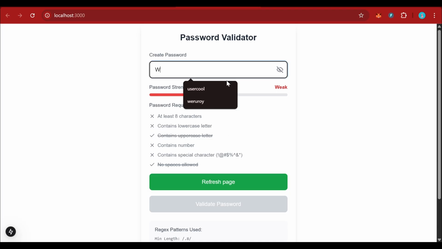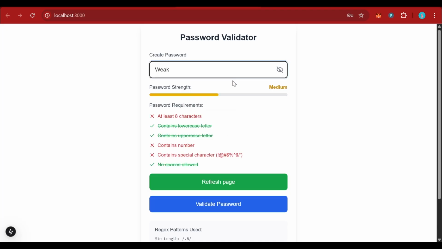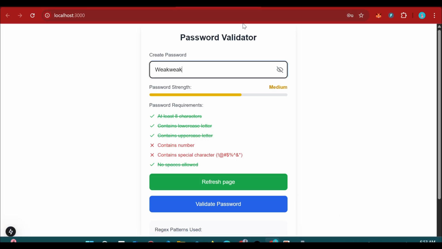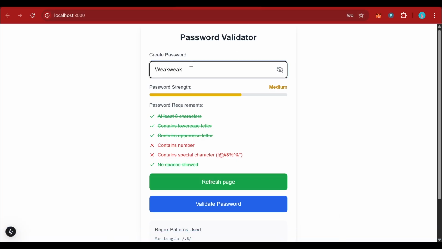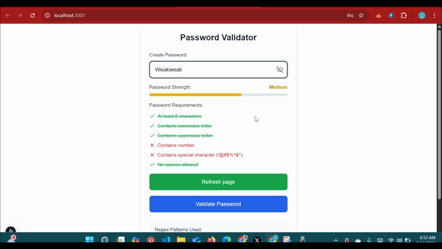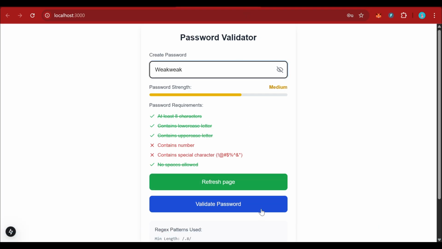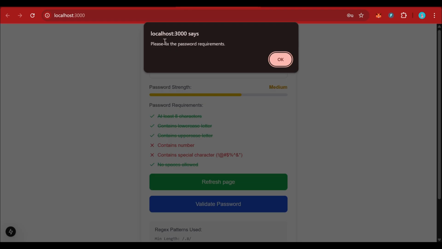I'm going to create a very weak password, and it has passed only 3 rules because it does not contain a number, it does not contain a special character, and it does not have at least 8 characters. Let me make it 8 characters, and now I have passed 4 rules, and now I want to add a special character and a number. Let me try and validate this password and see, and I get this alert telling me please fix the password